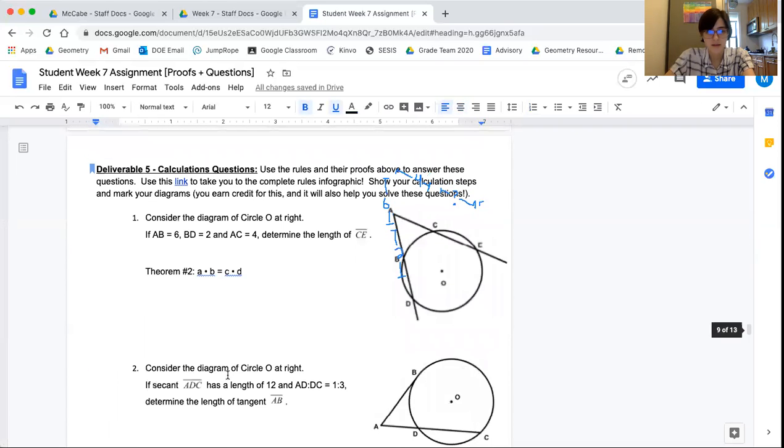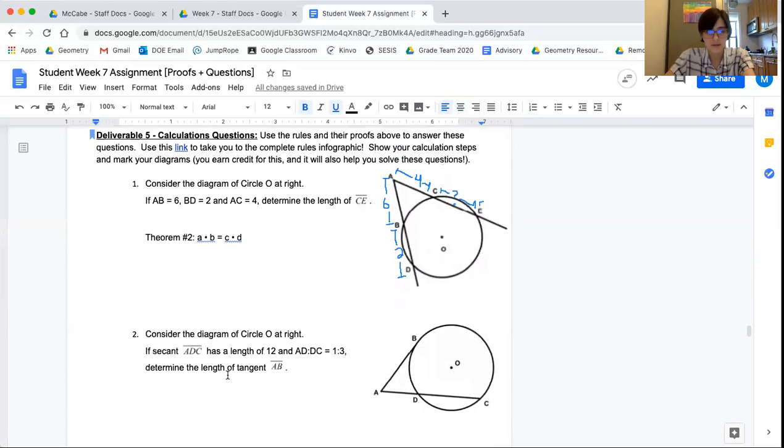A is, well, then I just have to choose which one I'm going to write as A and which one I'm going to write as B. So I'm going to say this one over here is my A. The total length of this is 8, 6 plus 2. And I'm multiplying it by the exterior part. That exterior part is 6. So 8 times 6 equals, and then I'm going to go back up